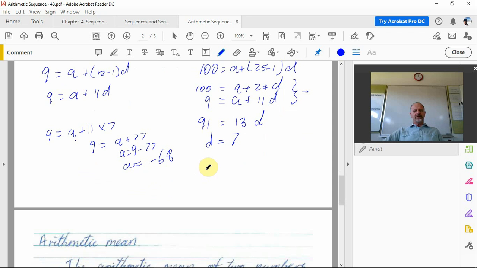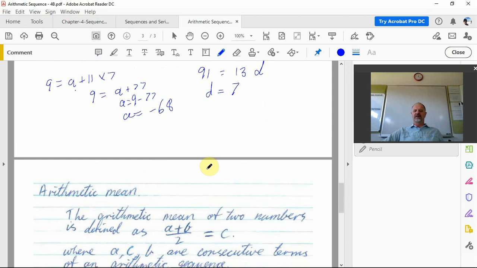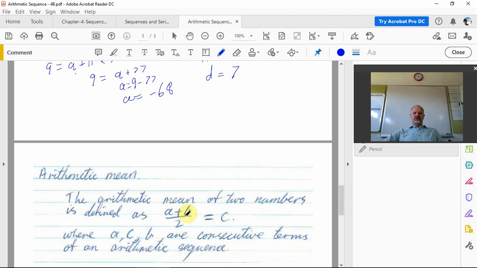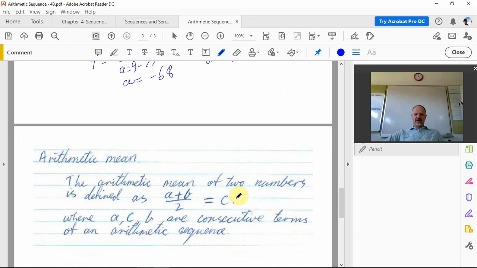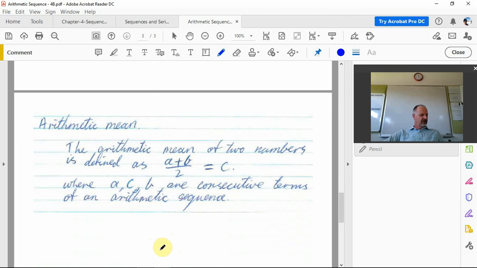So in this term, arithmetic mean of two numbers is defined as A plus B over 2. And that equals C. So if you've got two numbers, add them together, divided by 2, that puts another number right in the middle. And that number right in the middle is C. So for example,